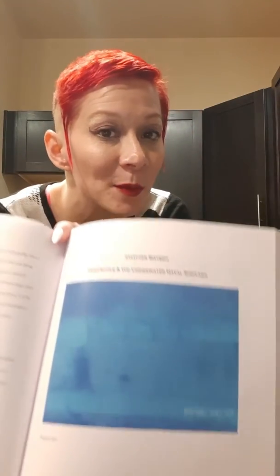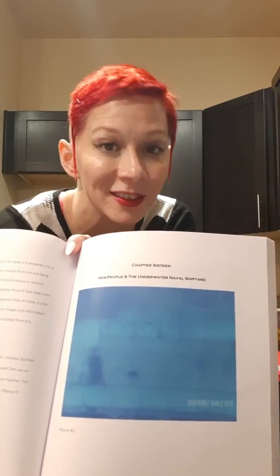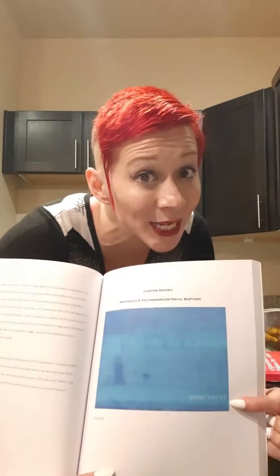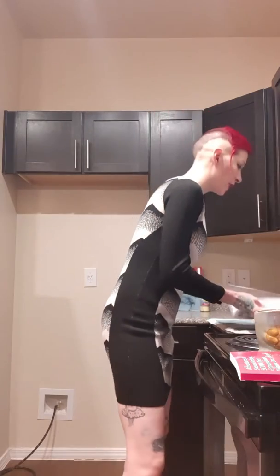That is a picture of the side of the Vandenberg as I was ascending after landing at the bottom of the ocean. No, it is not filtered. No, it is not altered in any way. You can still see the date from the timestamp from when I took the picture. So before I continue on in reference to that,